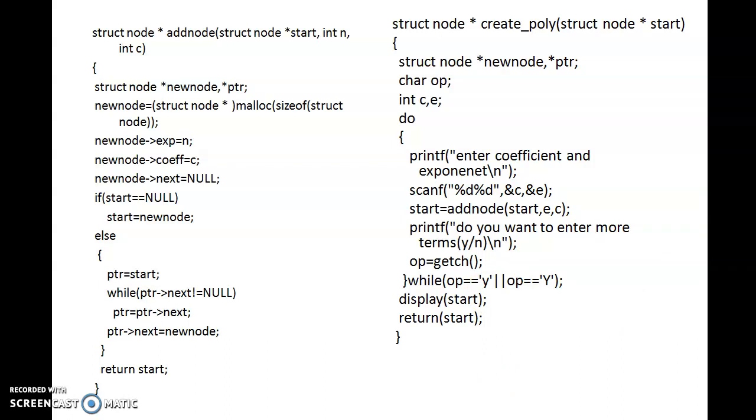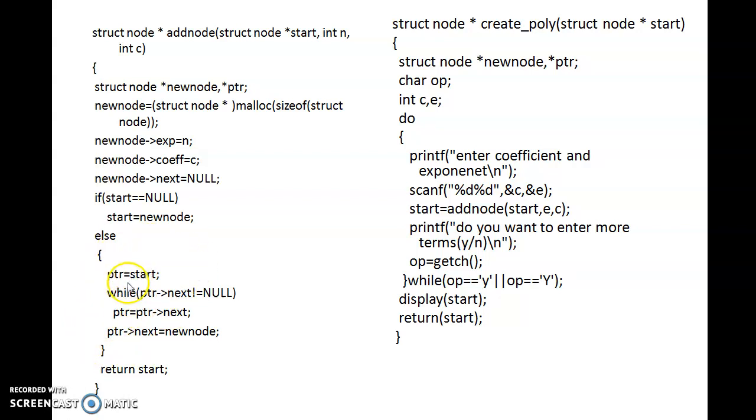So at first we are taking the add node function. This add node function is creating a node by using the malloc function. That is, a new node is created, and for the new node's exponent we are placing this particular n, and for the new node's coefficient we are placing this particular c, and the new node's next is null. If there were no other nodes present in the polynomial, that is, if the polynomial is empty, our new node will become the starting one, or otherwise you are adding that particular node at the end of the